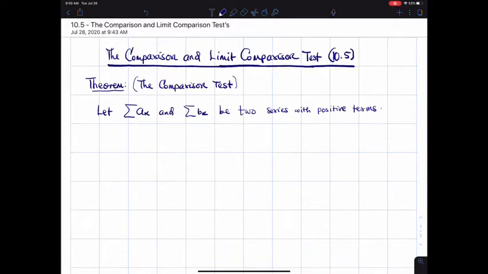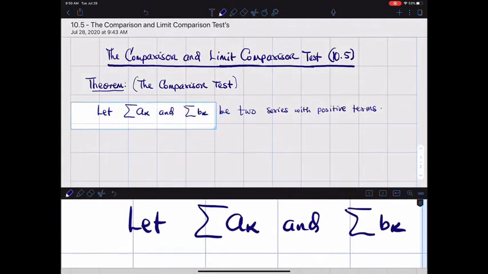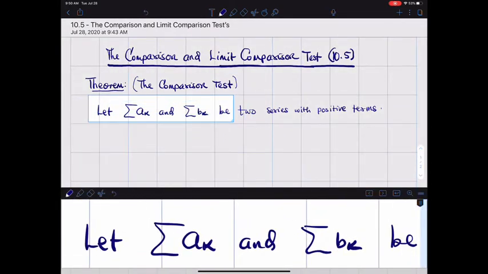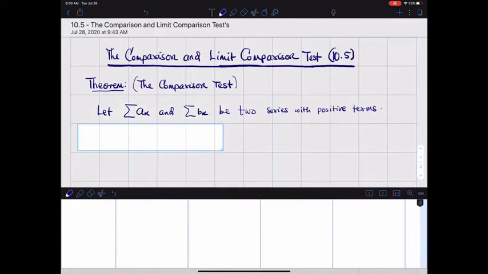We're going to look at two types of tests. Both of them involve comparison. The first one is simply called the comparison test. The comparison test is as follows. Let a_k and b_k be two series with positive terms. The comparison test tells us that